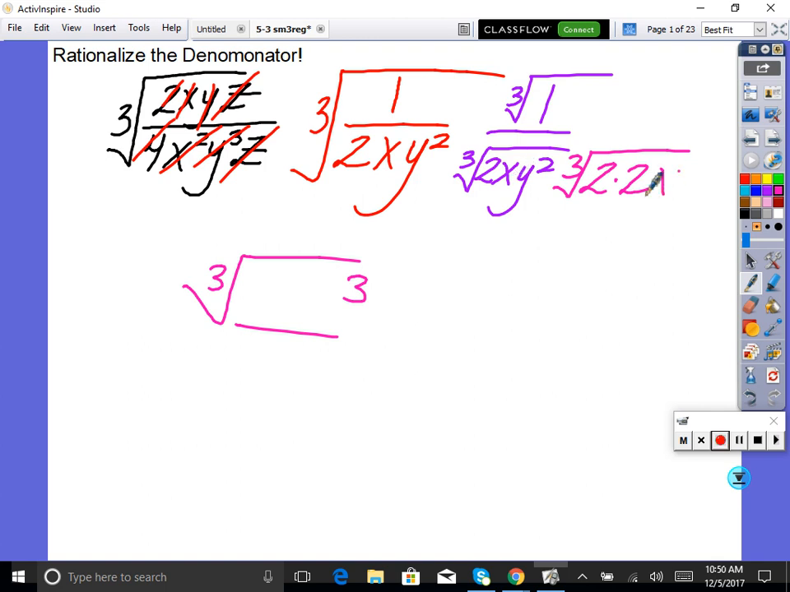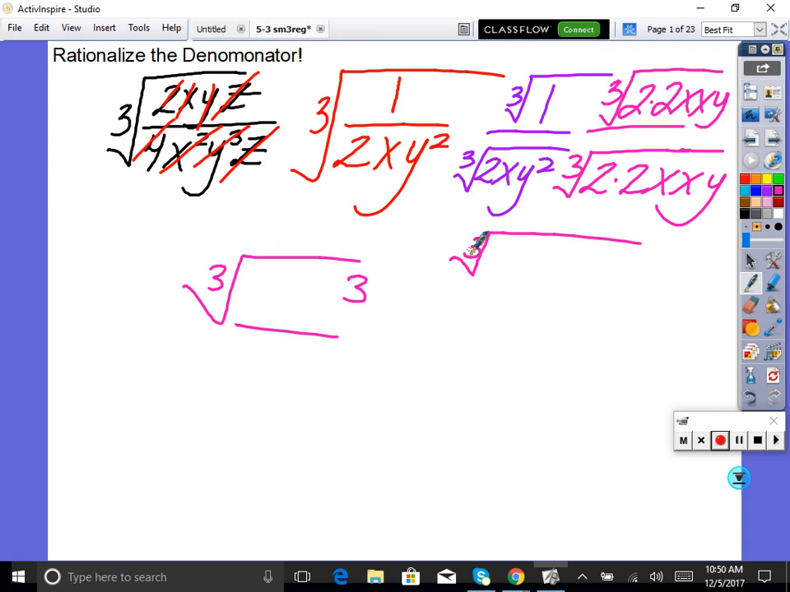X, we need 2 more x's to make it x cubed. Y squared, we only need 1 more y. If you do that to the bottom, you do that same thing to the top. 2 times x, x, y. 1 times all that stuff is all that stuff. So we have the cube root of 4 x squared y on top, and on bottom, technically, we have the